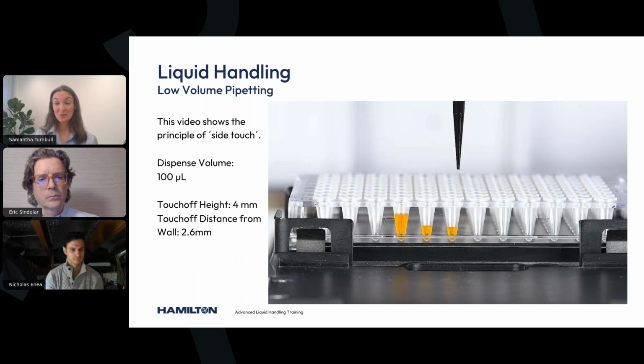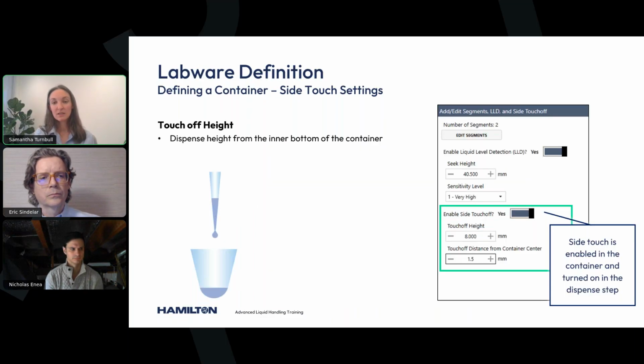Based on this, you can hopefully tell that these distances are 100% tied to the geometry of that well. Imagine if your touch off height is slightly different, that touch off distance would need to be different. Or if you had a flat bottom plate with cylindrical wells, it would look very different. For that reason, these heights and distances are set in the labware definition itself. This is also where you would enable this side touch off. So this is a particularly helpful